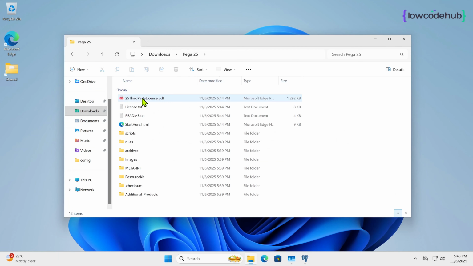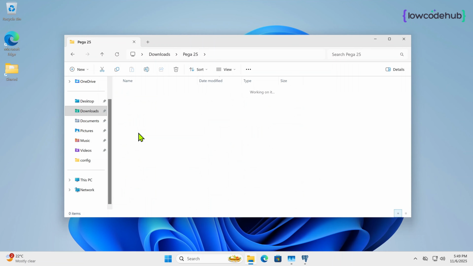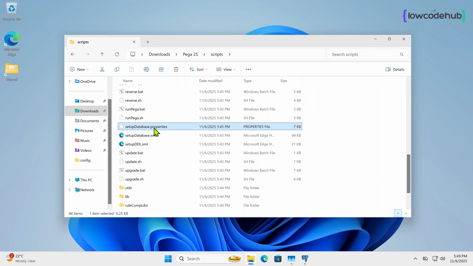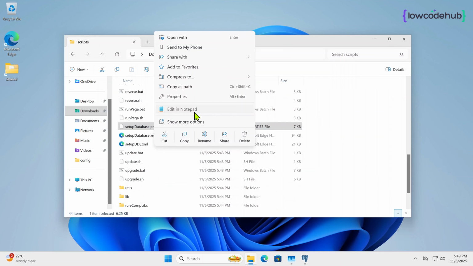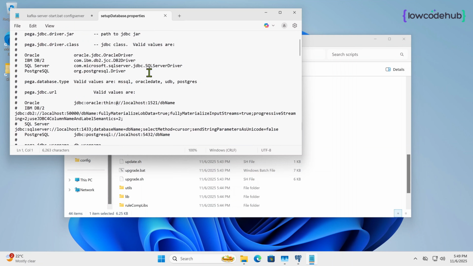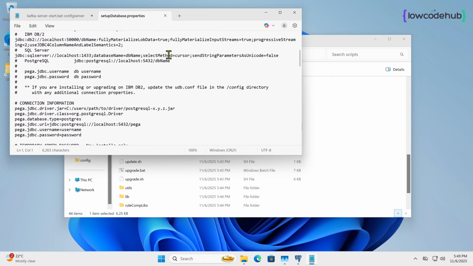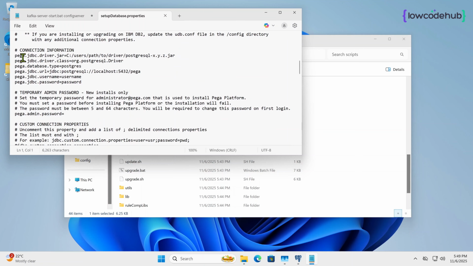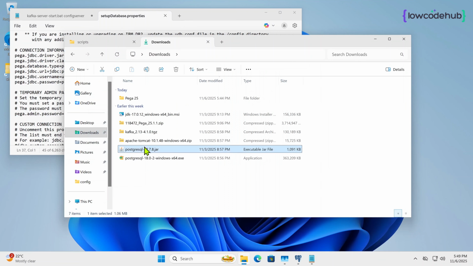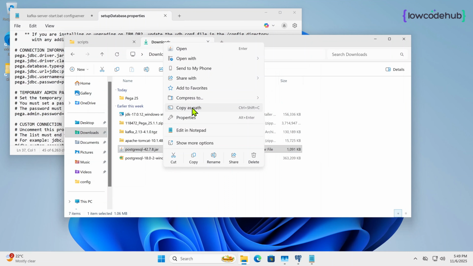Now go to the installation extracted Pega 25 folder, and inside that, the first thing is we have scripts, and inside that there is this setupDatabase.properties. Just right click on it and click on edit notepad. Now for this, we'll scroll down. First, we need to specify the JDBC jar file. For that, we'll go to our downloads or wherever you have that JDBC driver. Right click on this and copy as path,